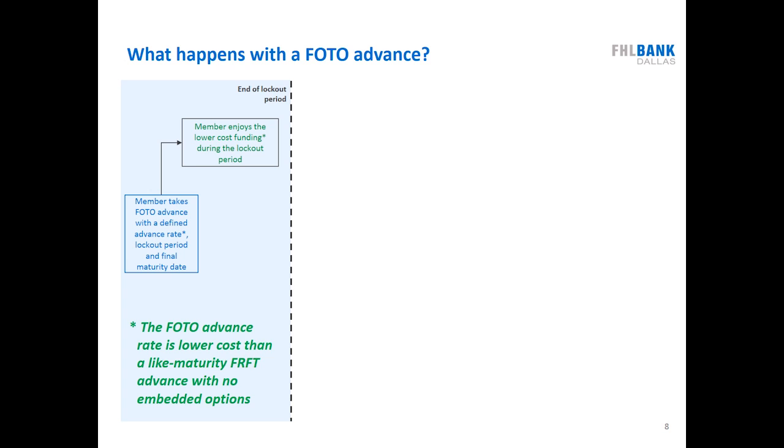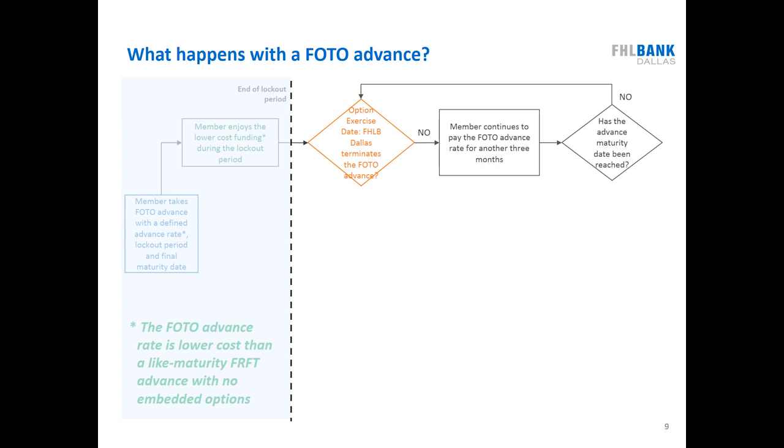A member takes a put advance with a defined advance rate, lockout period, and final maturity date. Again, the put advance rate is lower cost than a like maturity bullet advance. The member enjoys the comparatively lower cost funding during the lockout period, again designated by the blue shaded area, and then the lockout period ends. At the option exercise date, designated by the orange decision point, FHLB may choose to exercise its option to terminate